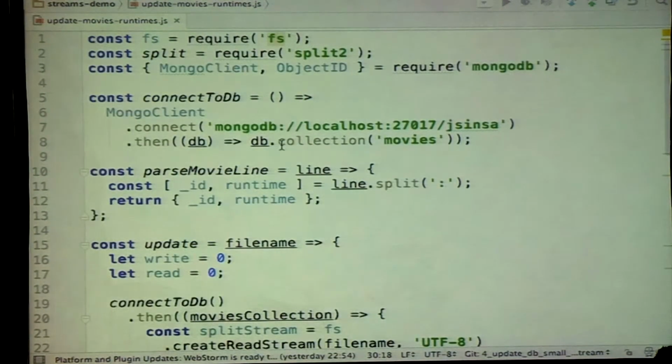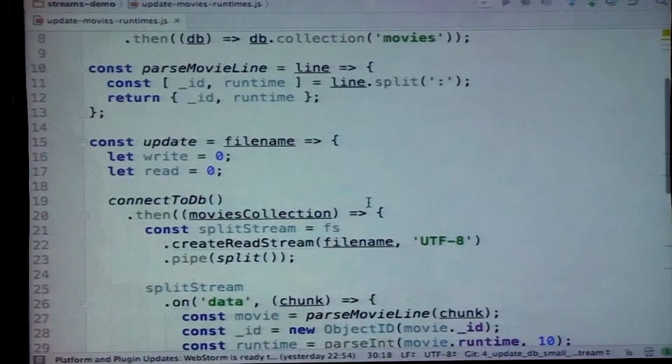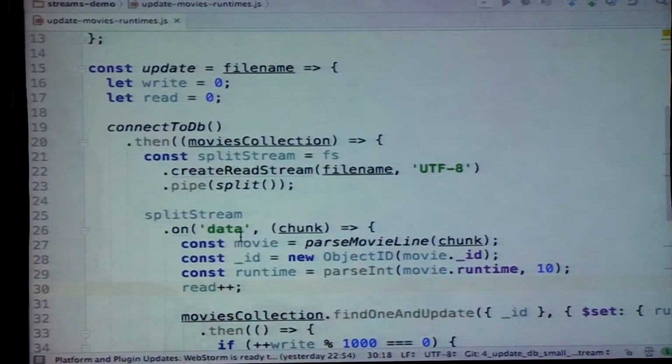Remember I talked about transforms in the beginning and how you could actually take advantage of it. There are quite a number, and you can write the transform stream. In the example I showed you in the slide, all you need is to inherit, call the constructor, and then override the transform method, boom, you're done. But if you don't want to do all that, and you know you're doing something specific and there's already a library for that, you can just npm install the library and use it. In my case, I knew that to solve my problem, I needed every single line to be processed as it came. So all I did is I took my stream,